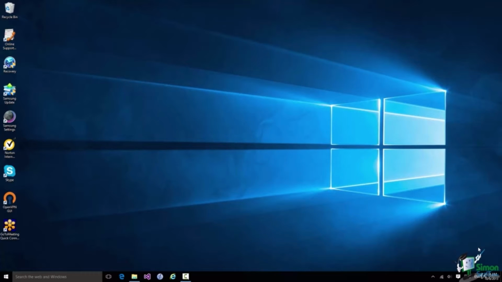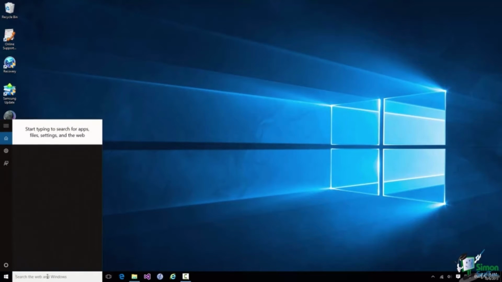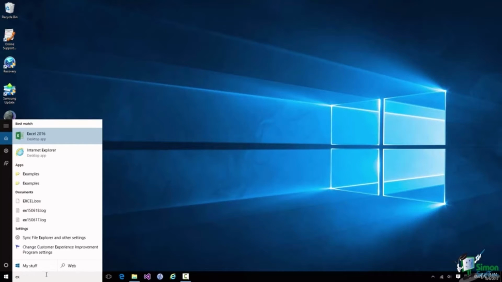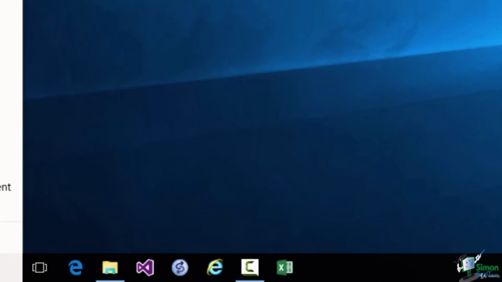In the case of Windows 10, if I just click in the search box down the bottom here and start typing Excel, I soon see Excel 2016. If I right click on that, one of the options is Pin to Taskbar. And I now have a little icon on the taskbar which I can use as a shortcut for starting Excel. Let me now click on that icon,